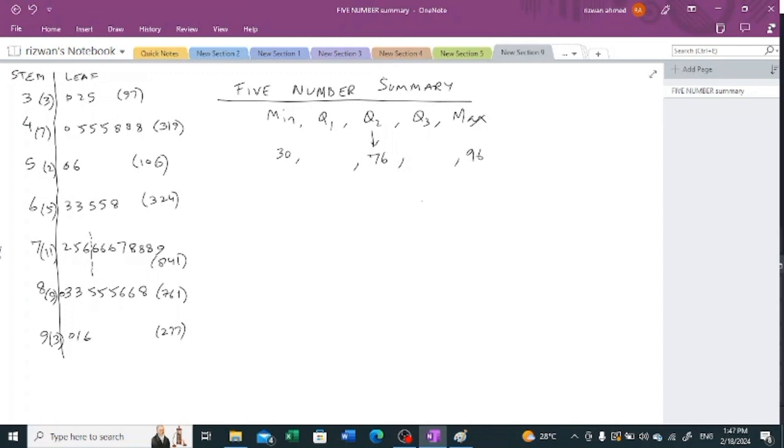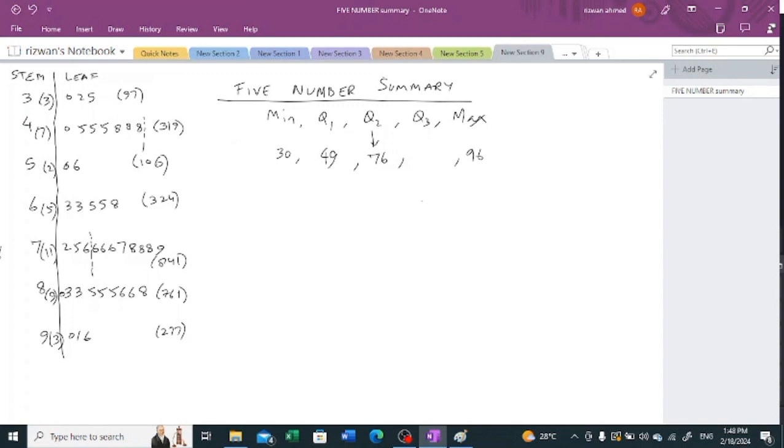So these two stems are making 10 numbers collectively. So it is the borderline of the 10th and 11th number. So that's 10, and this is 48 and 50, and 48 plus 50 divided by 2 gives us 49 as our mid value. Similarly,